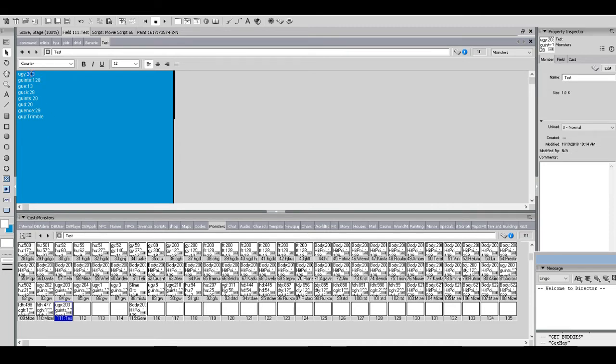And then we're just going to change that first value, which is supposed to be body. We're going to change it to 7357, because that's what we made our Griffin, our test Griffin. And that's it. That's really it. Your monster is now added. So now if we want to test it,